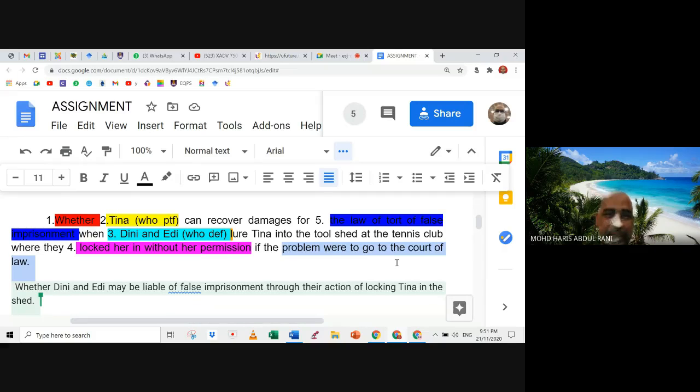Trespass to person, assault, things like that. So you be fair in utilizing your words. Don't say whether Tina can claim, Tina can win the case, or whether Dini and Eddie are liable for the tort of trespass. That statement is very dangerous. You don't mention the people involved, the plaintiff. You just mention the defendant, which is wrong. So we use the word whether